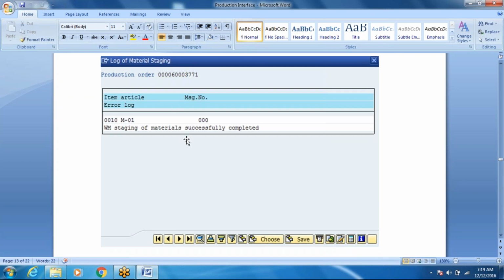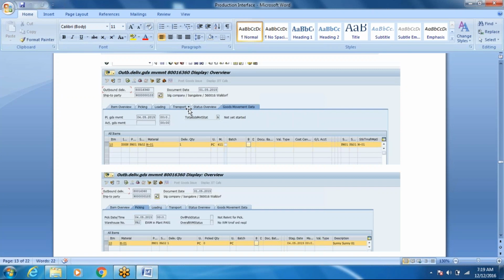So this means that your production outbound delivery is created. The delivery is created so that you can supply M-01 to the production line. So we created a production order, like we created a sales order or a purchase order. Then for the production order, we say